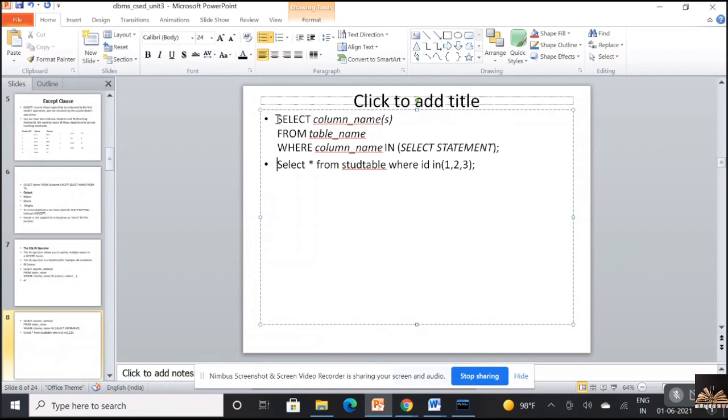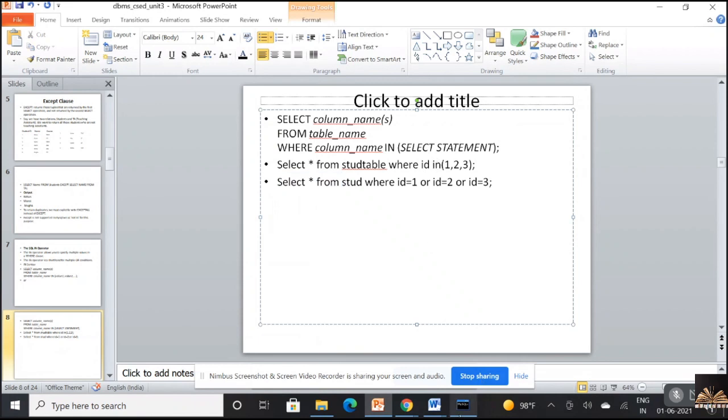The same select statement using the logical OR would be written this way: select star from student where ID is equal to 1 or ID is equal to 2 or ID is equal to 3. But in order to make it simple, I can use the in operator.